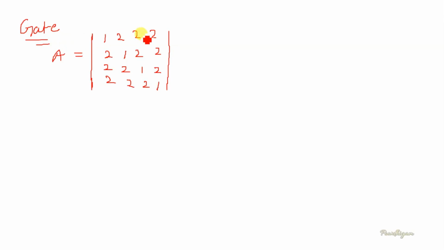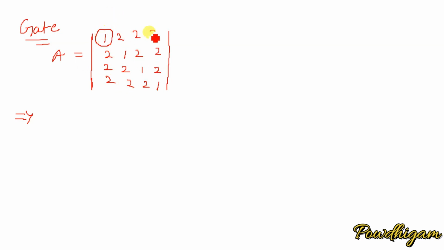For finding the determinant, the given matrix should be a square matrix, then only we can find the determinant. If you want to find the determinant of this square matrix using the standard method, we have to follow it like this. We have to assume this number, eliminate its row and column, and write this one.